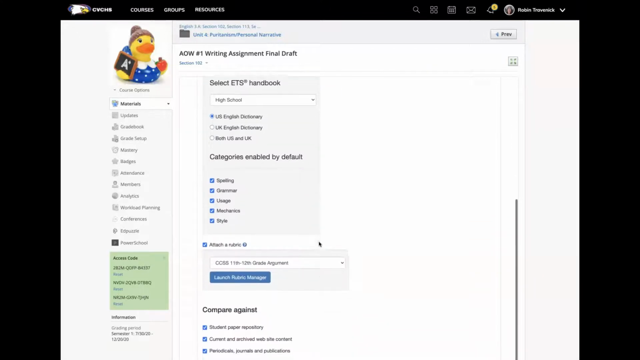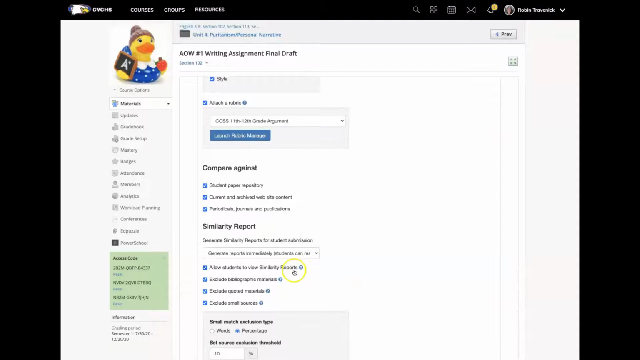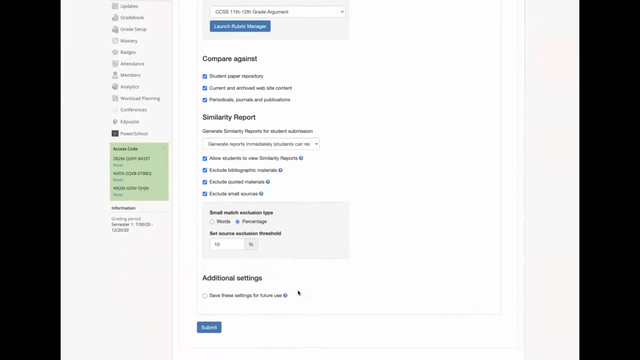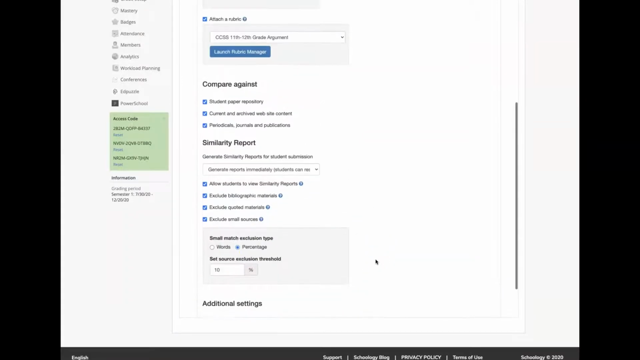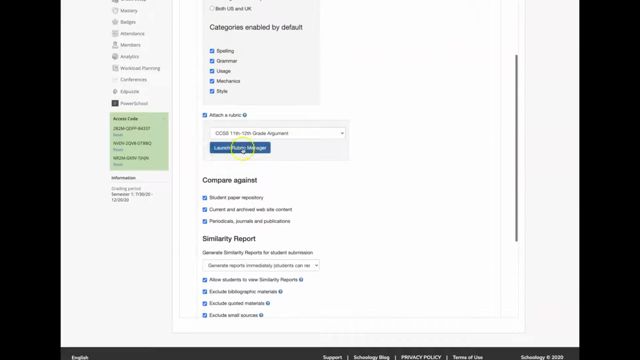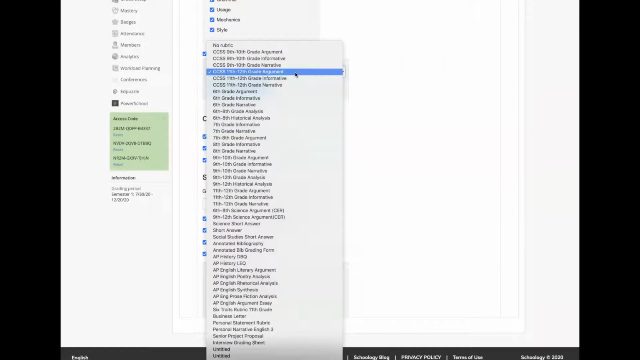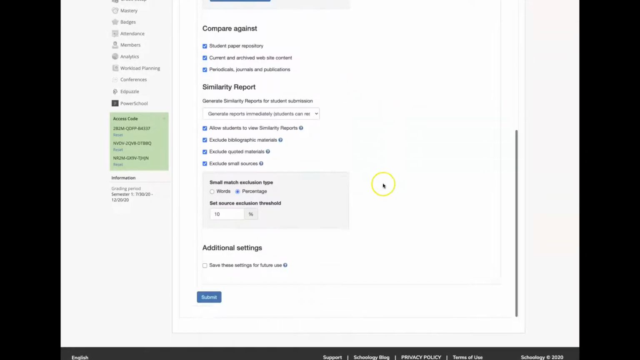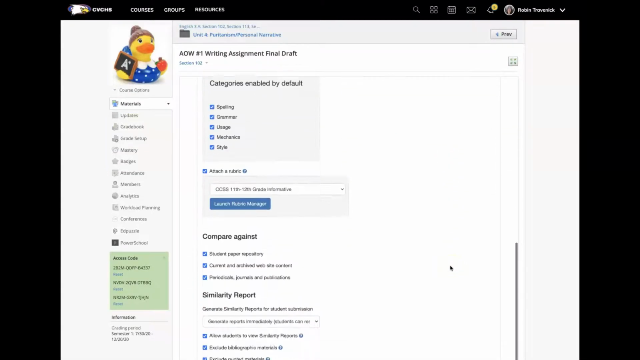Do you want similarity reports? You know, these are all, sorry, not in Schoology. These are all the things that you would normally see in Turnitin.com. So you have the same things that you want to set up here, what rubric you want to use. And I'm going to say informative rubric and submit. All right, so now that is there